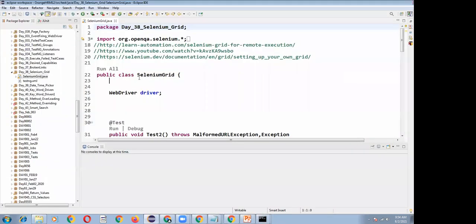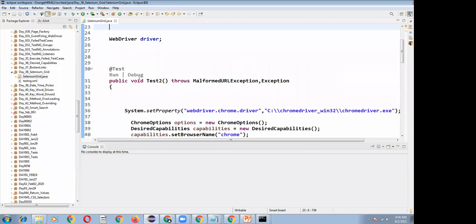Whenever your scripts are executing, they will automatically be executed on the remote system.